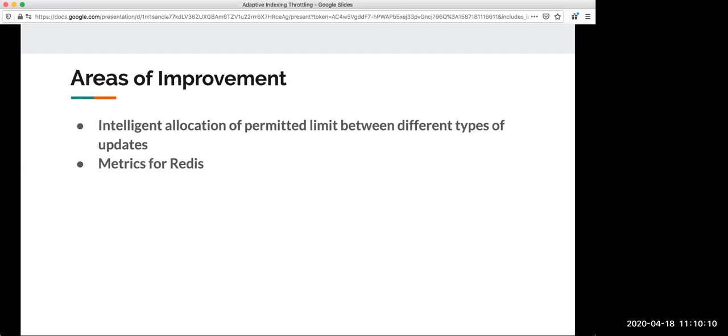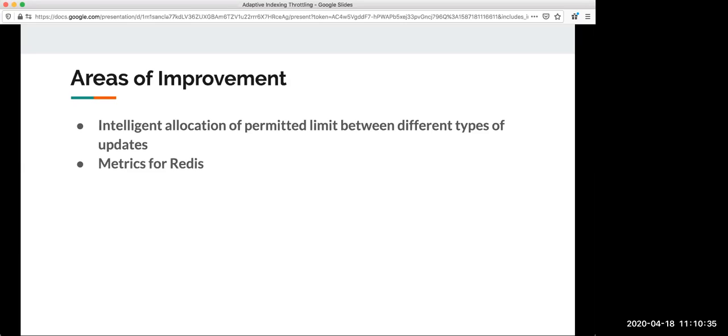So that's where we built a very rudimentary system. We said, look at the number of pending messages in each queue and look at the static priority list we have given you, and then figure out how to divide this 1000 limit between these four kinds of updates. So that's what we do today. But the idea is to make it more intelligent, because not all updates are the same. A discount update might be a very small payload.